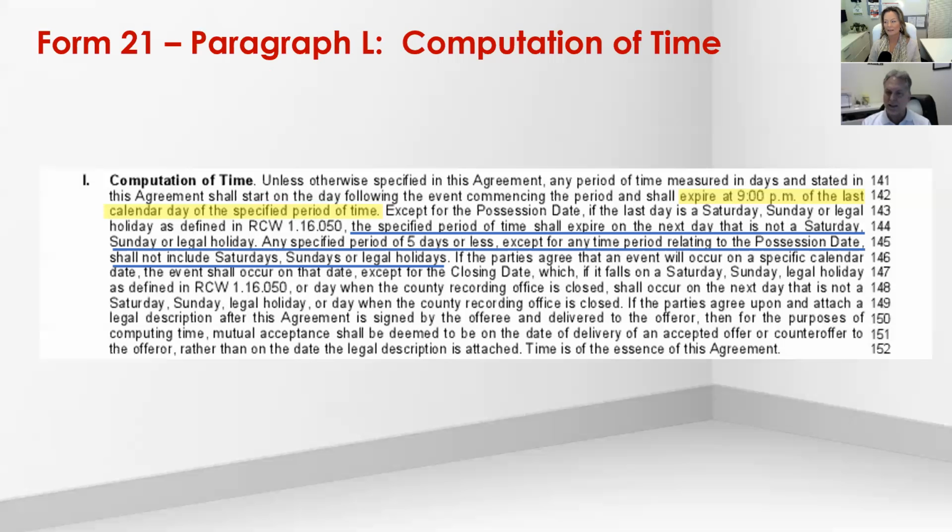Just be aware of that. And then if I may jump to the next thing with that thought, always remember that time is of the essence of this agreement. Okay, now having that sentence in our form, didn't matter where it was at, but it happened to be here. So important to know that, because that means there is no grace period. Whenever that phrase is in a contract, it means that there is no grace period. There is no force majeure, nothing with COVID that anyone can say that is going to cause it to automatically extend an extra day.